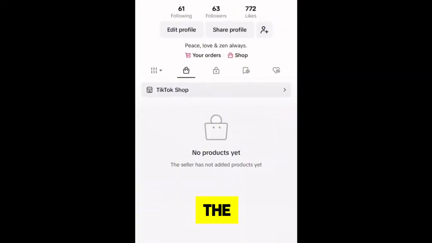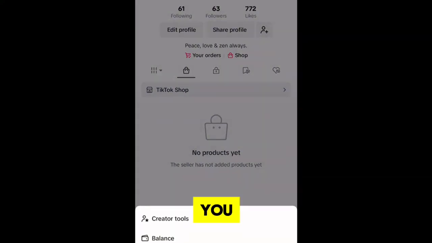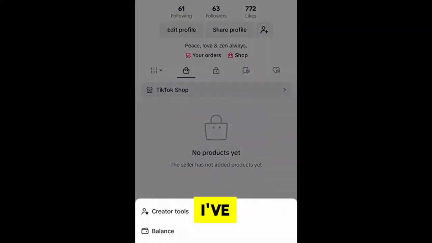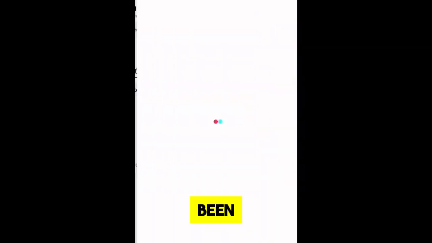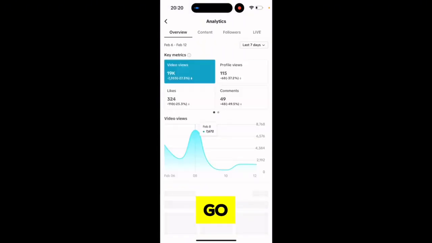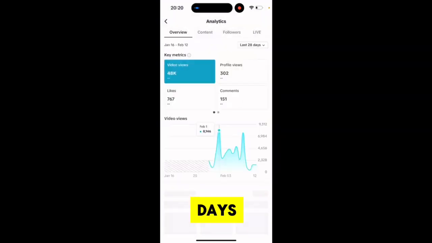In terms of the algorithm push, now if you look at the size of my account here, you can see I've got 63 followers, as I've mentioned earlier. This account has not been live for long either. However, if you look in the last 7 days, this is what my dashboard looks like. My analytics show that I've had 19,000 views, 21 followers gained in the last 7 days, and I've had 324 likes. And if we go and view the last 28 days, you can see that I've had 48k video views,